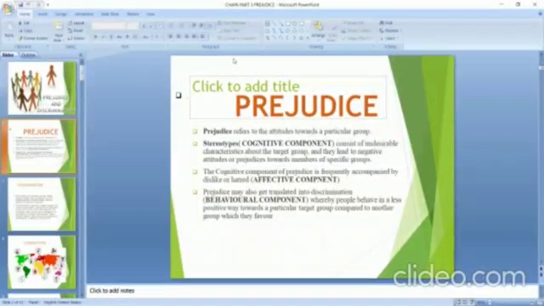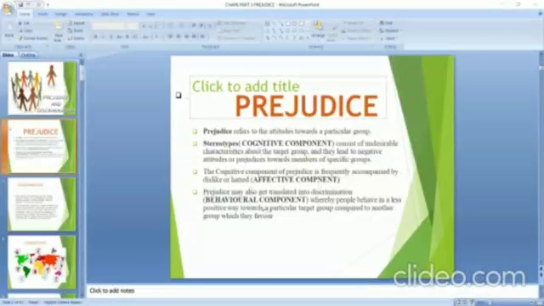So that is referred to as a stereotype, and it is the cognitive component of attitude. Please remember this. The cognitive component is frequently accompanied by dislike or hatred. So that is why there is an affective component, which is of course the prejudice. That is the affective component. All right. So prejudice is the affective component, stereotype is the cognitive component, and discrimination is known as the behavioral